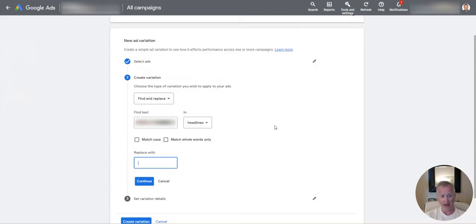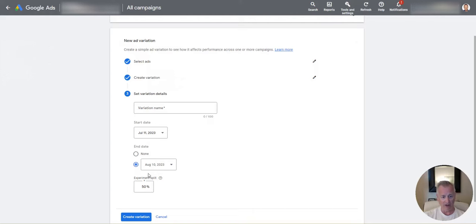So instead of that, we're going to use something different. And I'm not indicating what this is for the purposes of the video because obviously I'm not going to disclose client proprietary information. Anyway, so we go ahead and we hit continue,